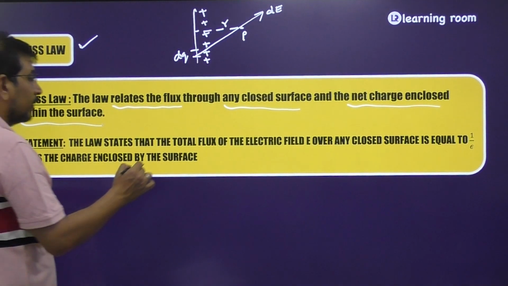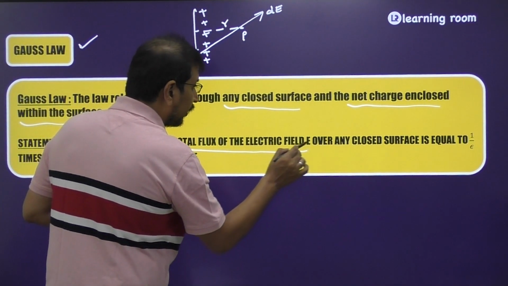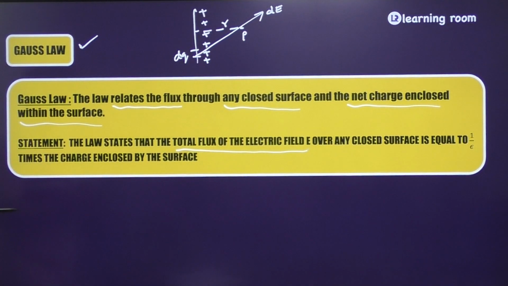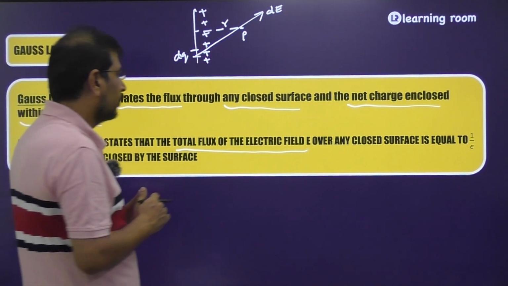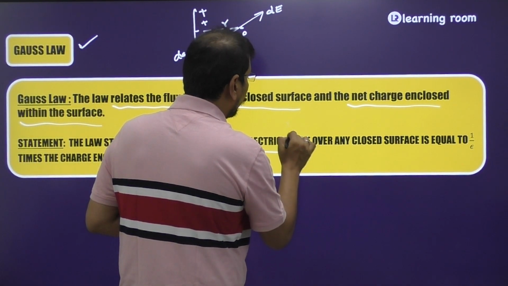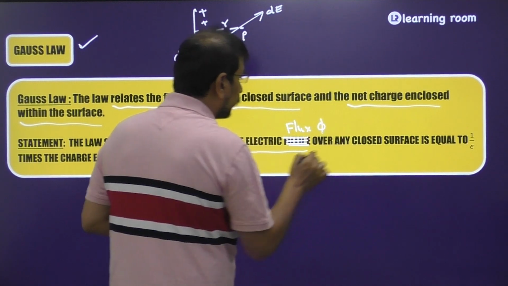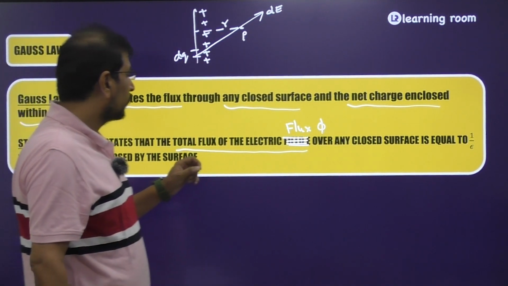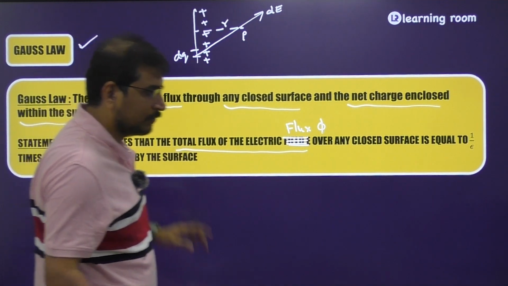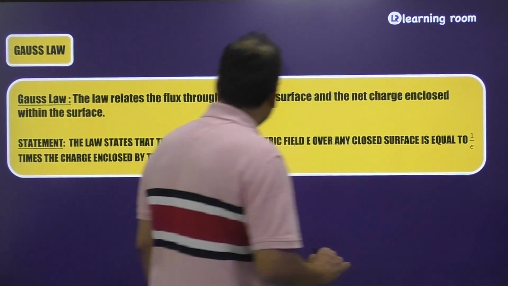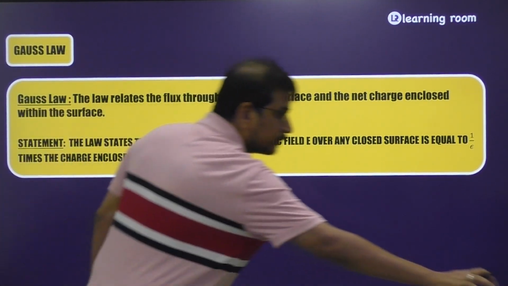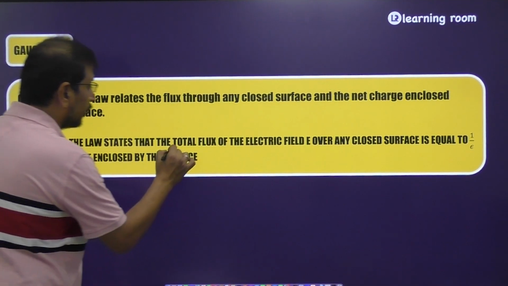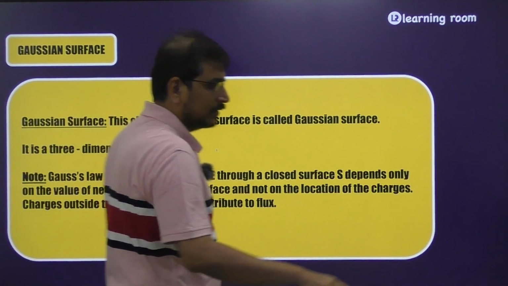If you take the total electric field E over any closed surface, right? The total electric, there is a mistake here. It is not the total electric field, it is the total electric flux. Correction. So the law states that the total, oh, I'm sorry, they mentioned flux here. Sorry, I didn't see that. So it states that the total flux of the,